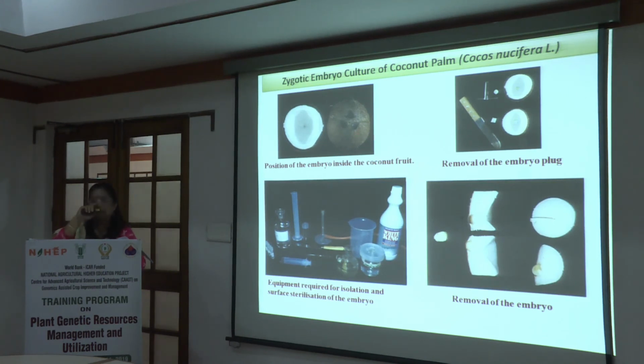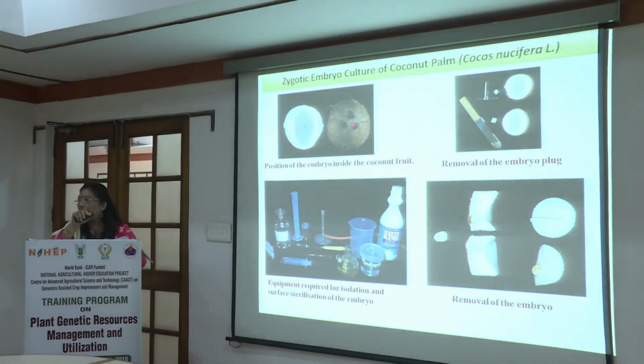These 3 eyes represent the point of attachment of the stigma. Okay? And one of them will have the embryo in that. One embryo develops in every coconut. Has anybody tried to germinate a coconut? No. Next time you open a coconut, please try to look for the eye. Okay? It is located just below one of the 3 eyes.